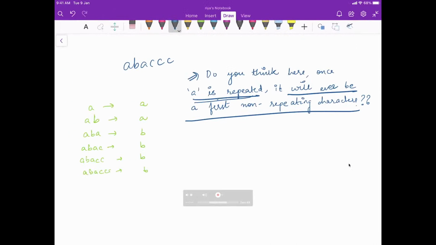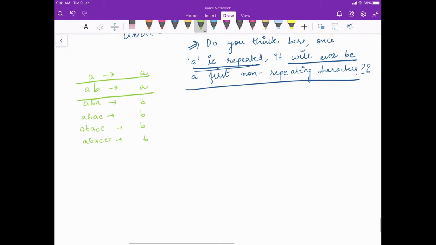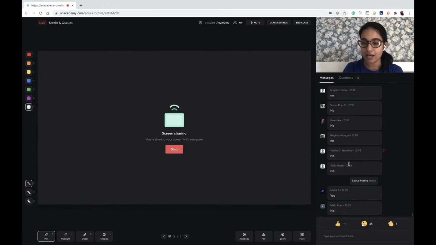What we saw here was that up to here A was unique, here also A was unique, but in all cases, once a double A came in here, that means this A will never become unique. So this A will never be the answer. Even if one character gets repeated once, it will never become the answer again.